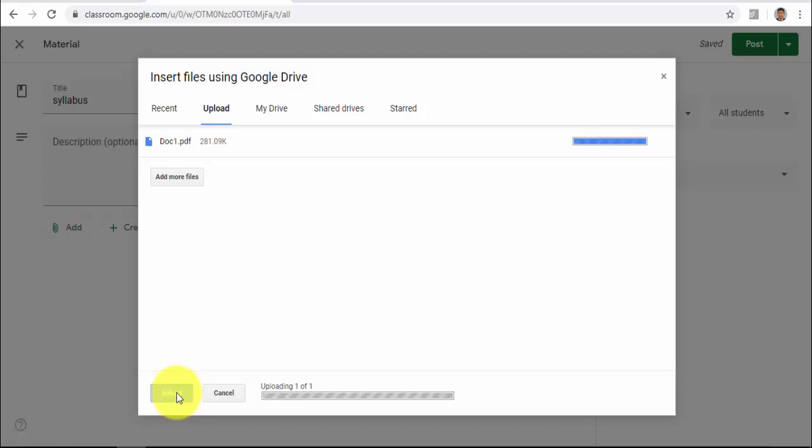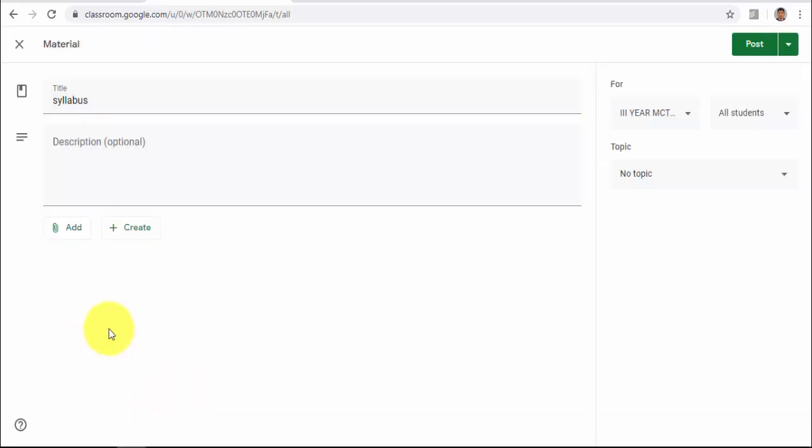So like that you can share all the information. First we will share the syllabus copy, then the lesson plan, then lecture notes. You can also share videos. Okay, post. Suppose you are conducting two classes, both the same control system course, section A and B. For both classes you are handling the control system course.